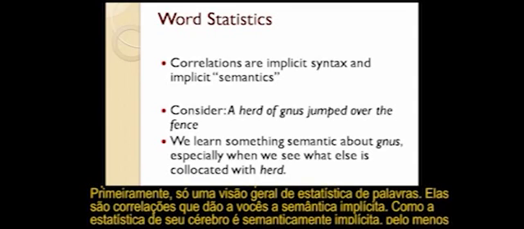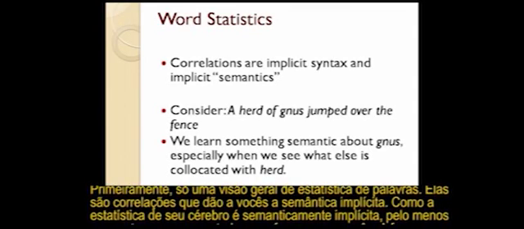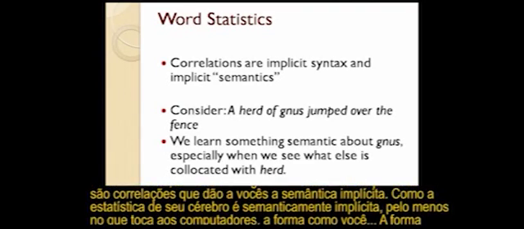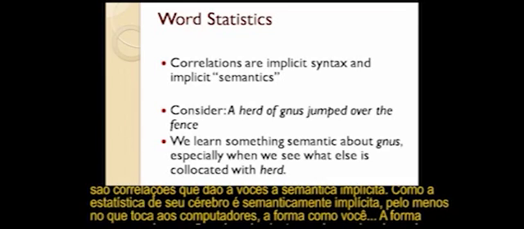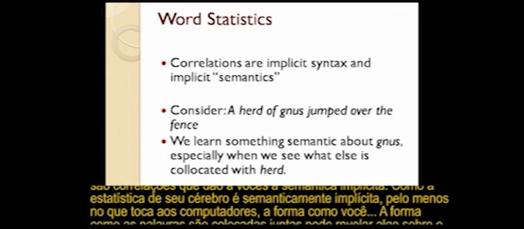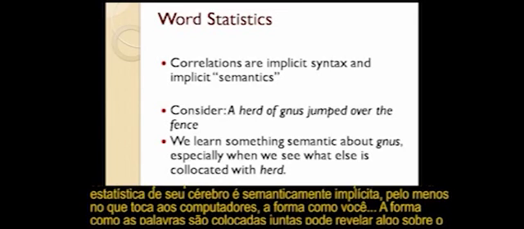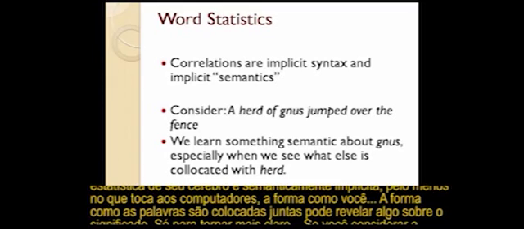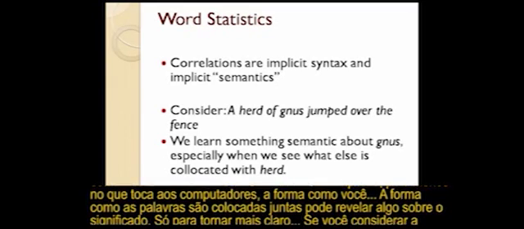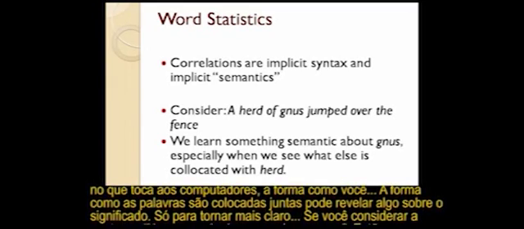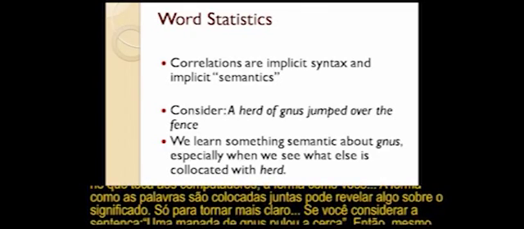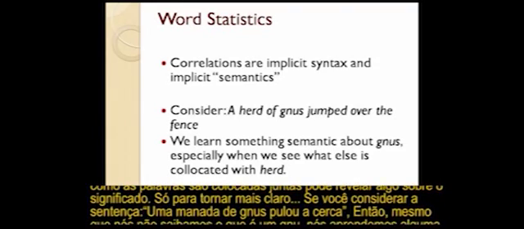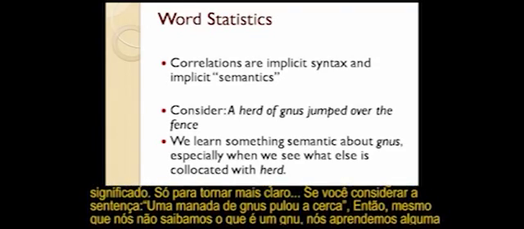They are correlations that give you implicit semantics, right? So just like the statistics of your brain is implicit semantics as far as the computer is concerned, the way that words are put together can reveal something about what the meaning is. So just to make that clearer, consider a sentence like, a herd of gnus jumped over the fence,